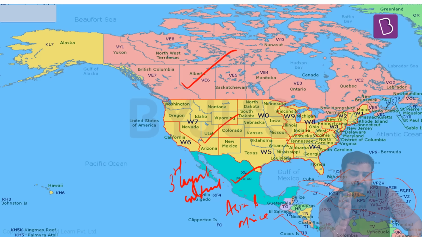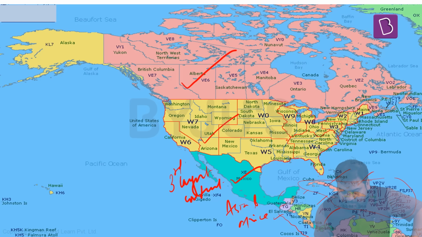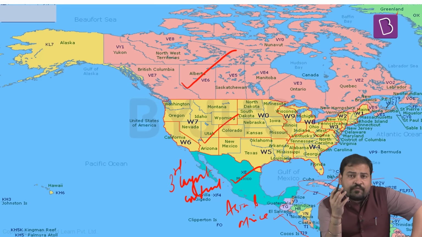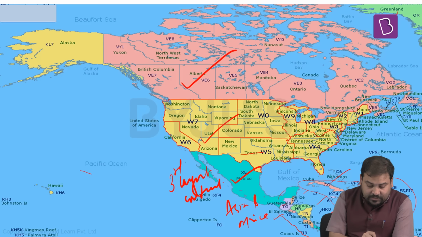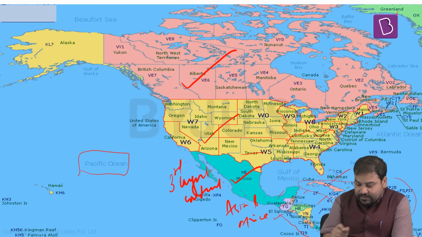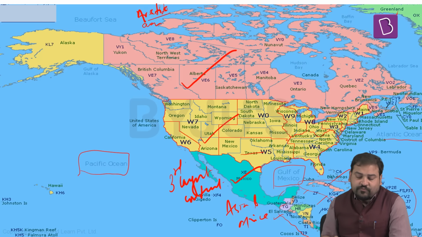So overall, there are some countries which are totally independent, around 23 such countries, and then there are some countries which are dependent on others. Two things that you should remember here. The southernmost country of this particular block is Panama, and you can see Greenland, though it belongs to Denmark, physically is a part of your North America. Now, one thing that you can look at: in the west, this particular continent is surrounded by the Pacific, in the east by the Atlantic, in the south by the Gulf of Mexico, and in the north it's surrounded by the Arctic Ocean. So this way this is surrounded from all sides.